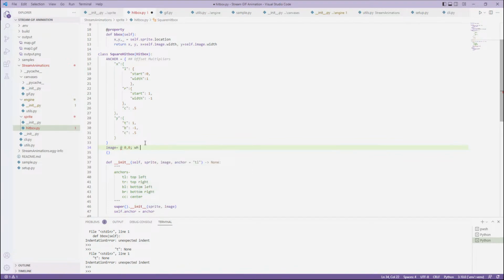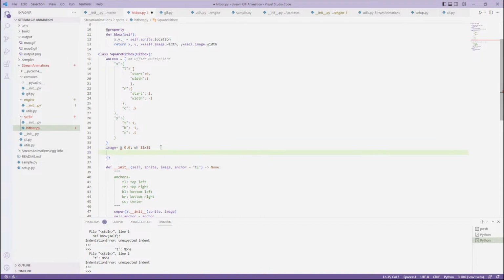With height is 32 by 32. So these are the parameters we're working with. And our anchor is top right, okay? So the result is going to be 0 plus 32 times 1, so 32. Top right, so